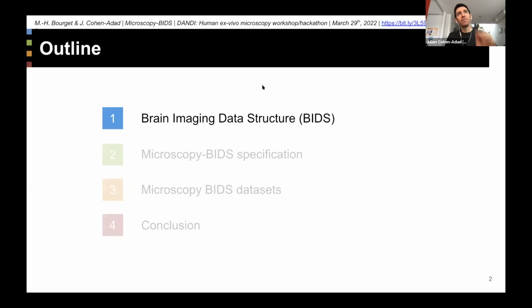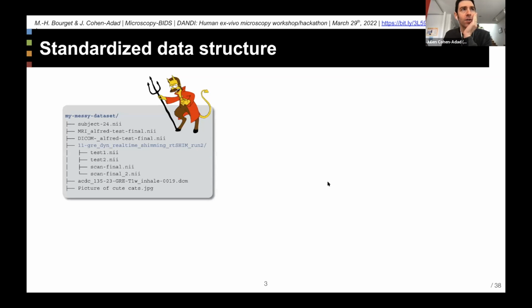Right, so briefly I'm going to introduce BIDS for those who are not familiar with it, and then we're going to dive into the microscopy BIDS specification. So let's imagine that you're a researcher doing machine learning, for example, and you receive data